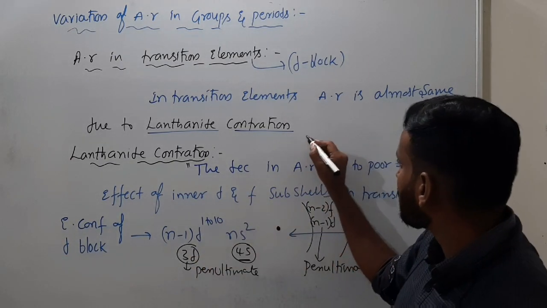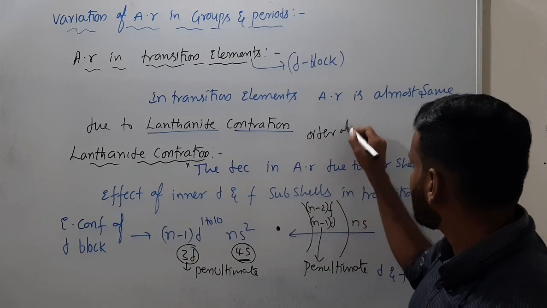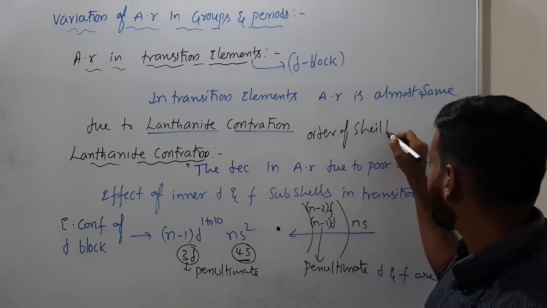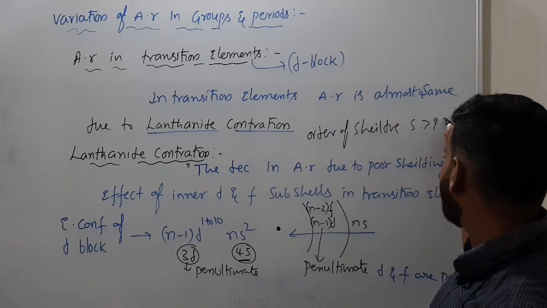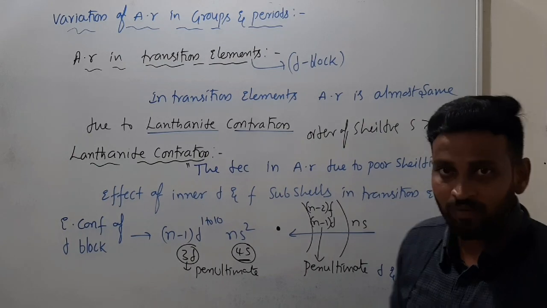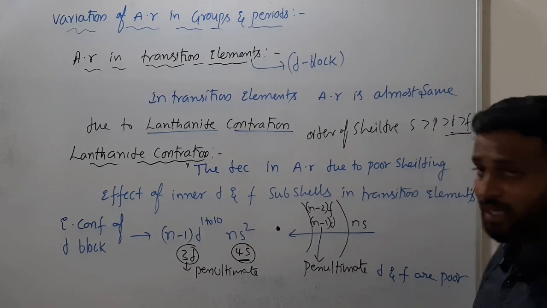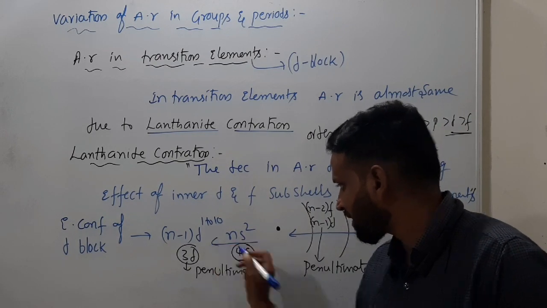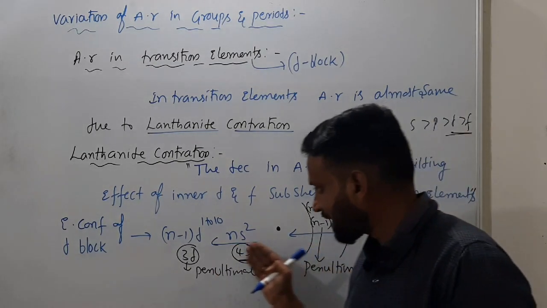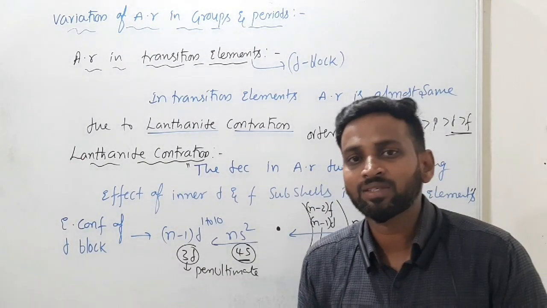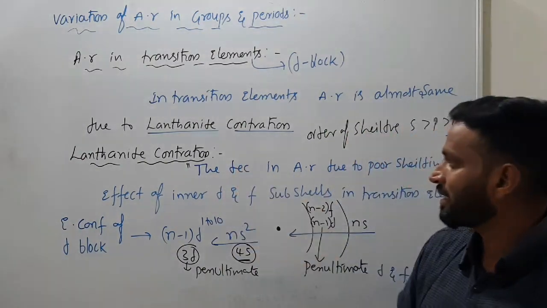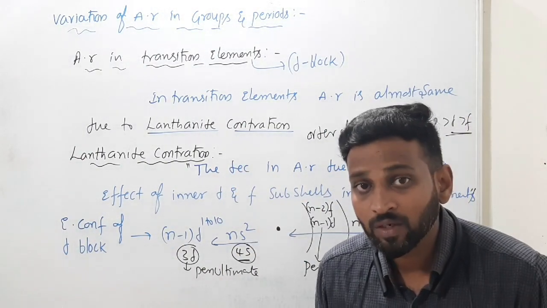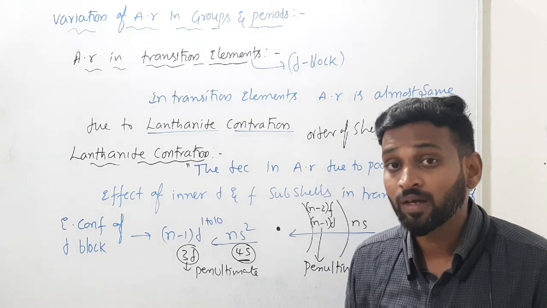So d subshells are in the order of shielding I gave. What is the order of shielding I gave previously? s greater than p greater than d greater than f. So d and f are poorly shielding. Certainly these ns electrons will be attracted towards the nucleus. If they are attracted towards the nucleus, the distance decreases. That decrease in radius is called